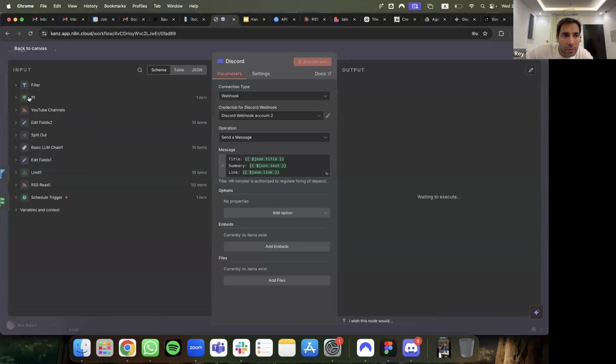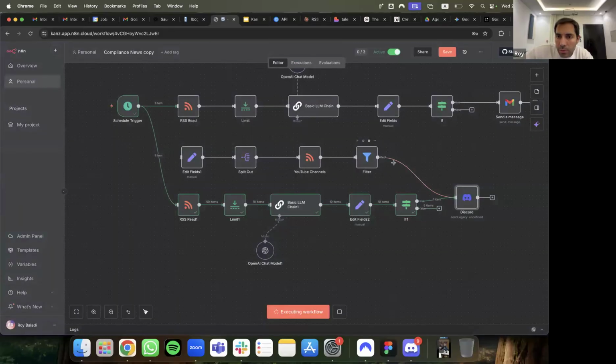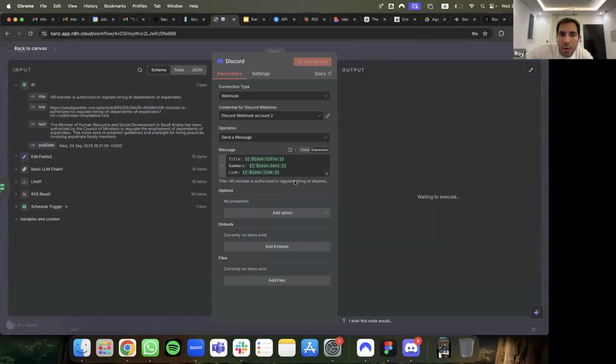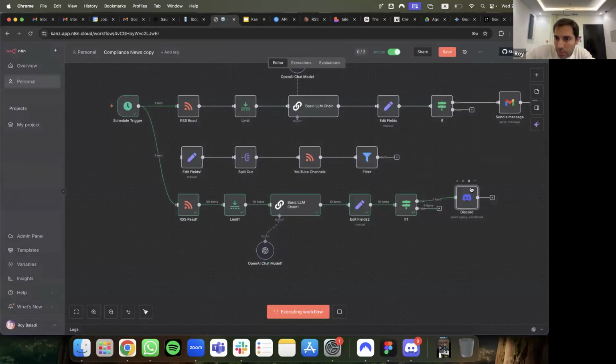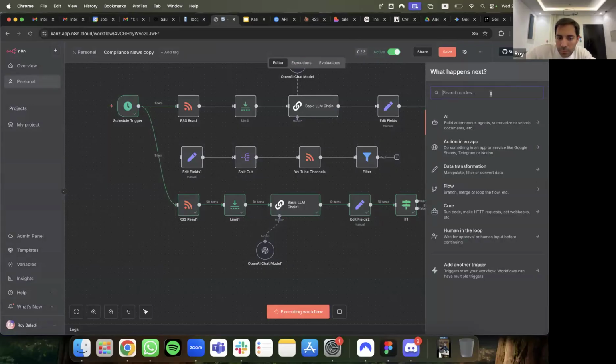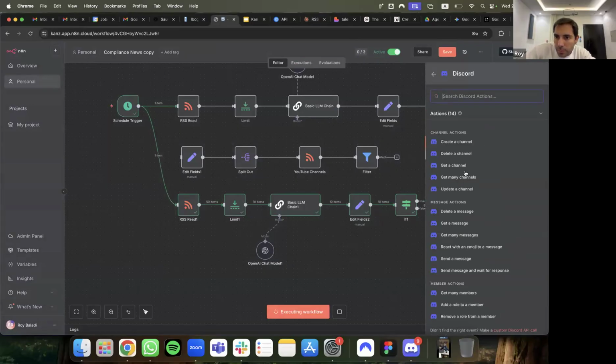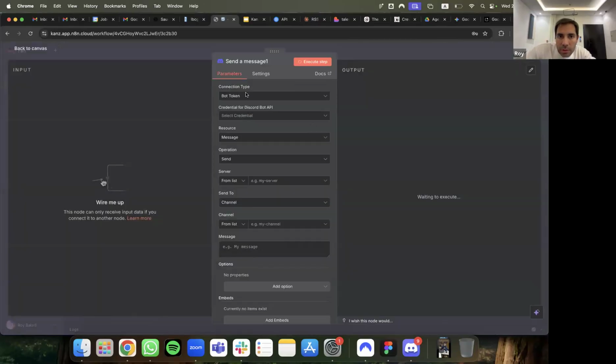Okay, if. Let me remove this connection. So now I can, why isn't it executing? Send a message.